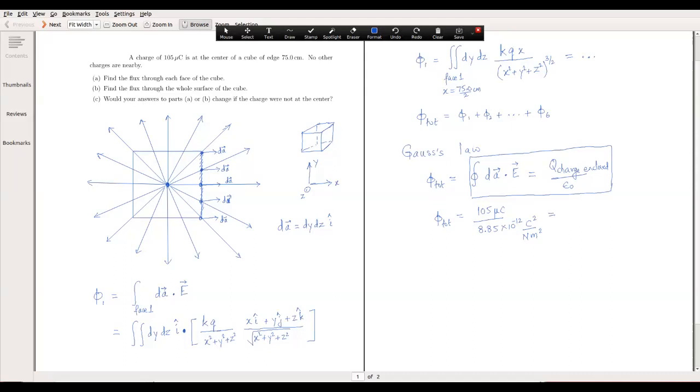So it's 11.86. I should take off the extra digits. That's 10 raised to 6 Newton meter square over Coulomb square. That's only 3 sig digits, so that's 11.9